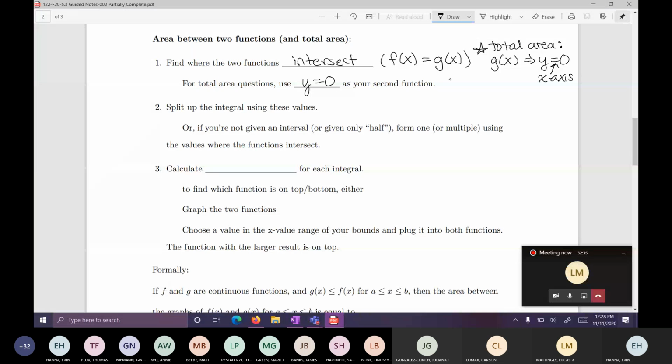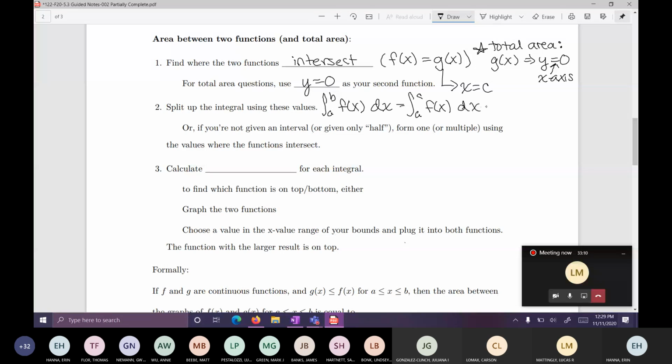So let's say that if you set those two equal to each other, let's say you get x equals c. And let's say you're going between two values and c is in the interval that you're going between. We'll do an official example in a second and hopefully it'll make more sense with actual numbers. But essentially, if you're going from a to b of whatever you're integrating, and this c value is in that interval, what we're going to do is we're going to split it up